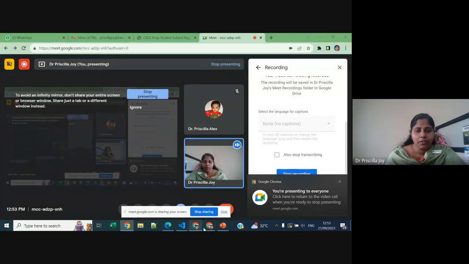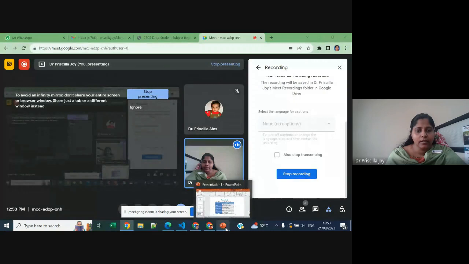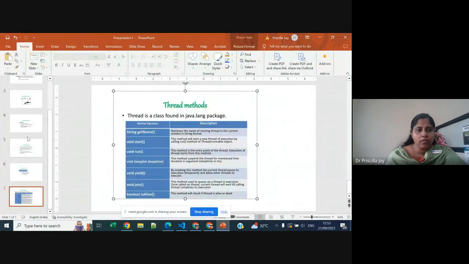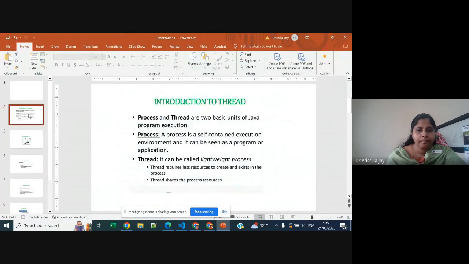So today we are going to see about multithreading. Multithreading is a concept in which there is more than one thread running at the same time. Here we can see the introduction to the thread, where process and thread are the two